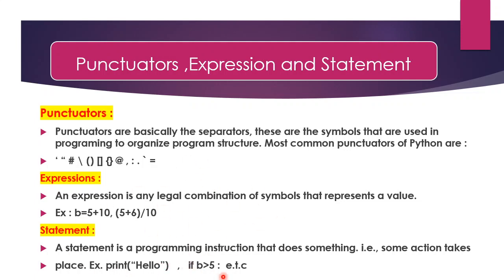Here again, if b equals 5, then semicolon. Here also you can see that a comparison is going on, so again some action is taken. You have to notice that each and every block is a statement. This one, b equals 5 plus 10, can be an expression as well as a statement. It is a combination of both, because it is producing the value as well, and one action is taken: we are assigning 15 to b, so it is working as both.